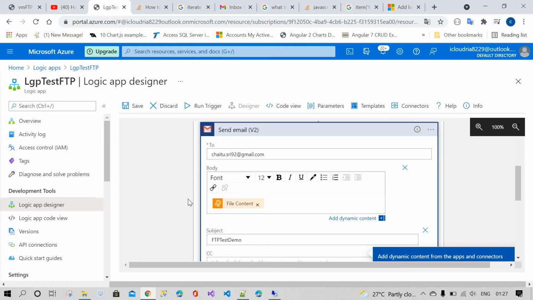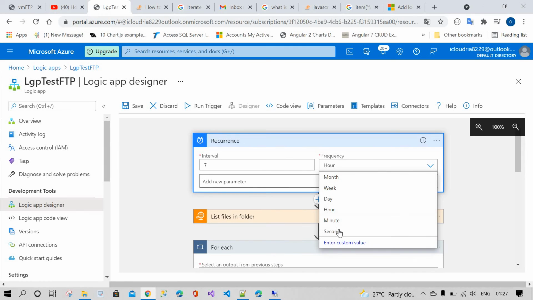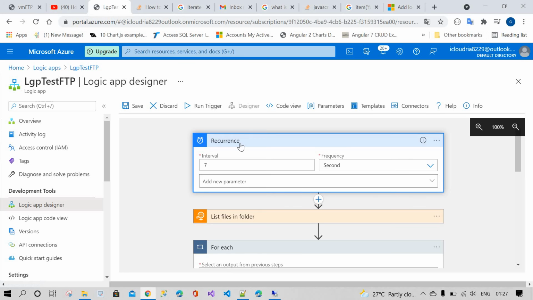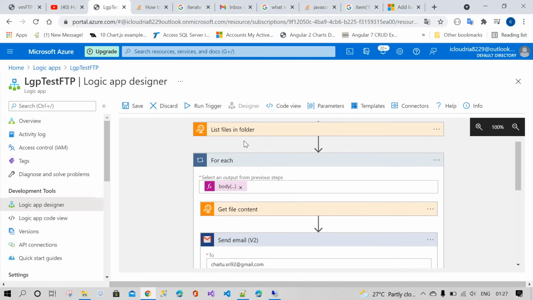Let me explain once again. First of all, I have used the recurrence, which is the scheduler. I'm going to change it to every 7 seconds. From the FTP I have selected the list of files in the folder. After that I have to iterate each and every item in the FTP folder, so that's why the body of the list files in folder.